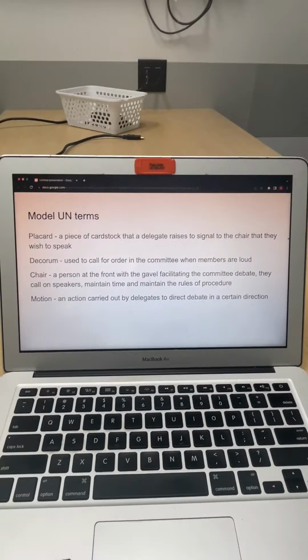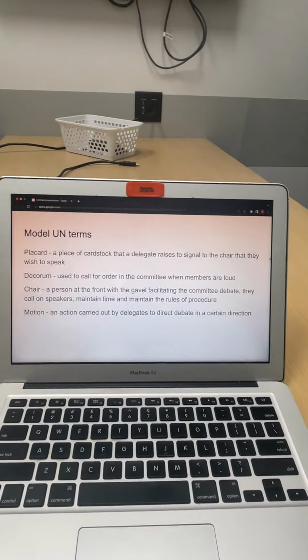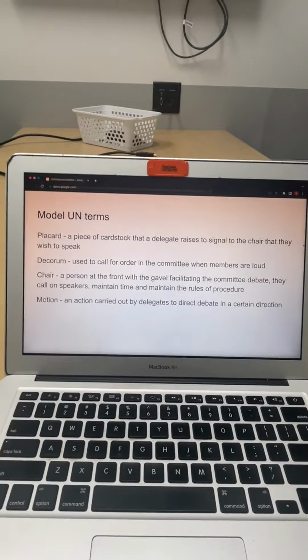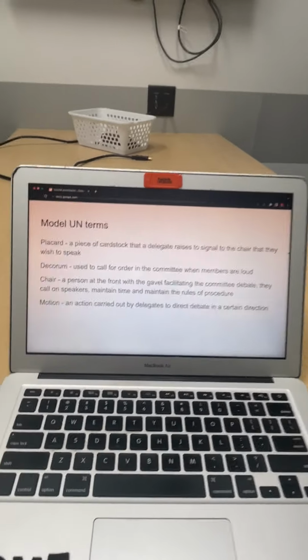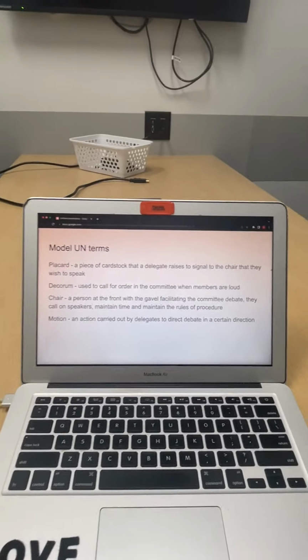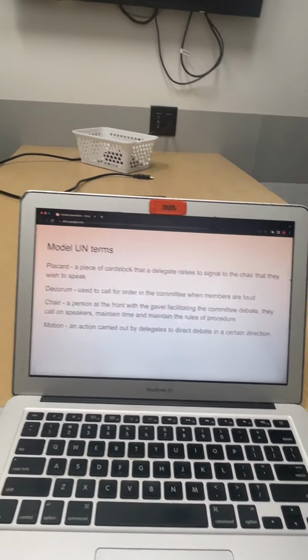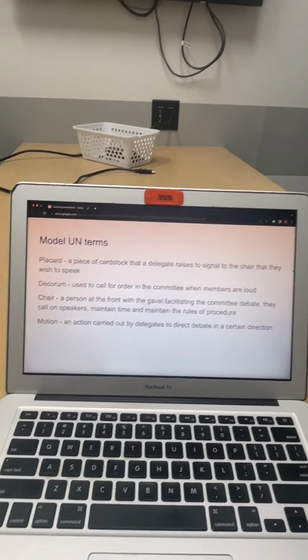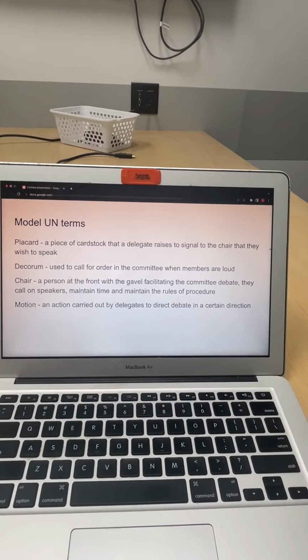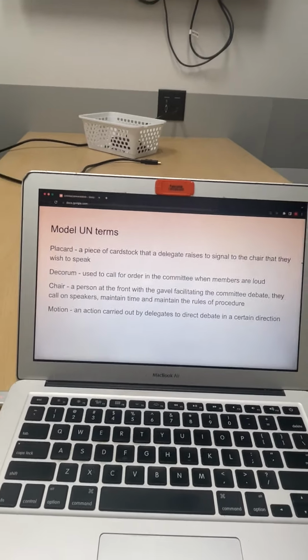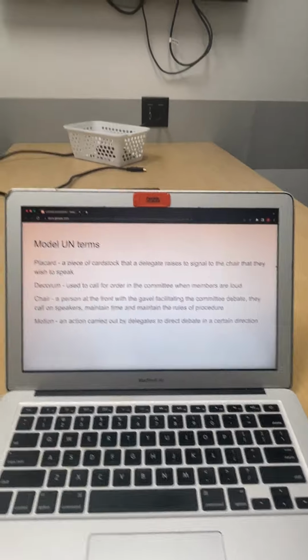So it's basically telling someone to quiet down when things get out of order, because things can get pretty heated in a Model UN debate. There's a chairperson, so the chair is a very important person because they're sitting at the front of the room with the gavel, and they're the ones that facilitate all the debates. So they make sure that no one is talking over each other, cross debating, and they call on speakers. They maintain the time of the speeches and the time of the entire committee, and they maintain the rules and